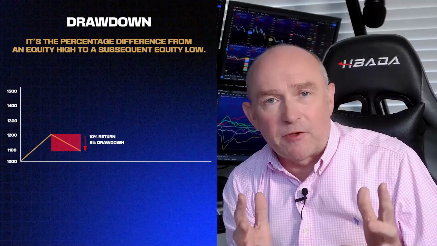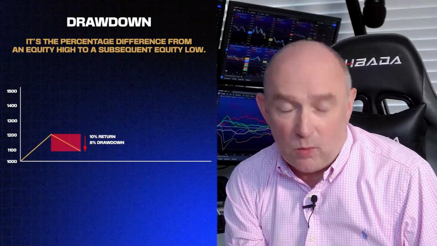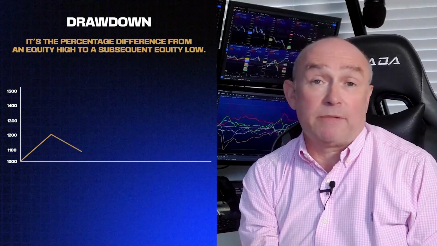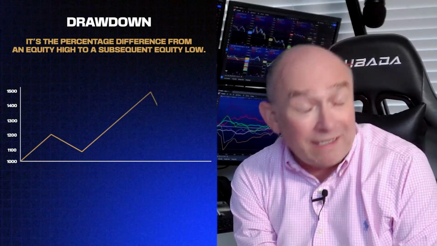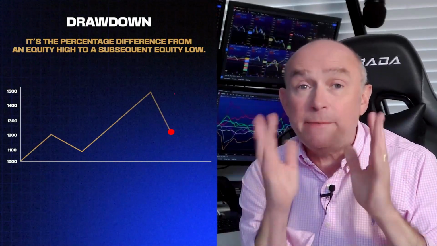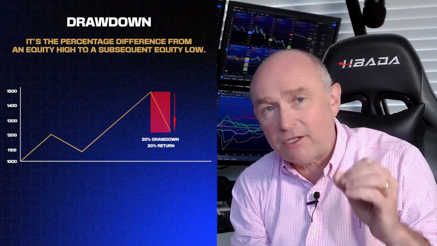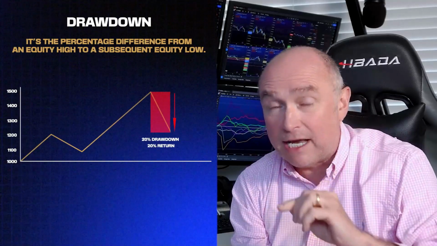You need to feel comfortable with that if it's the strategy you want to continue with. This can happen again and again. If your account goes up to say $1,500 and then drops back to $1,200, that's a 20% drawdown, even though you're still in profit. You have to accept these drawdowns. And as I said, expect them as well.